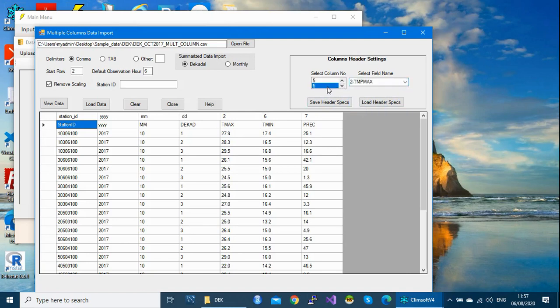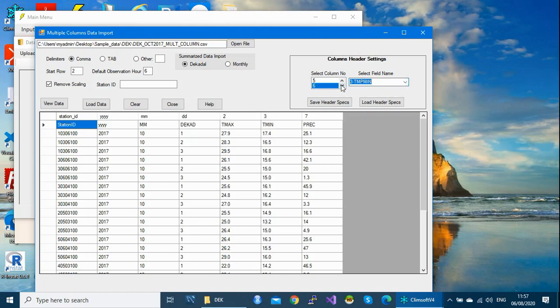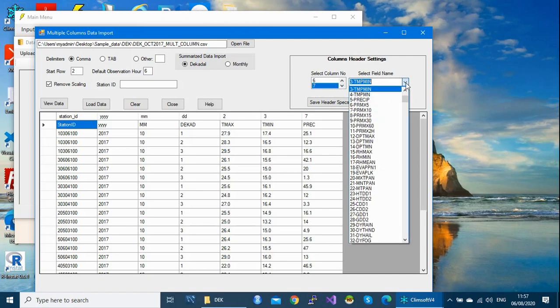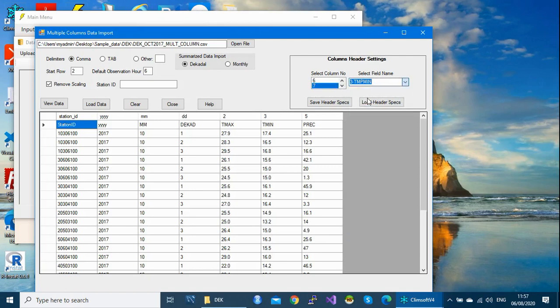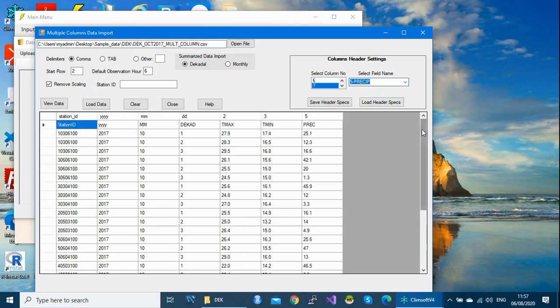And then number 6 is minimum temperature, which is element what? Element minimum temperature is element 3. And then precipitation, which is element number 5. So you are done with your matching.